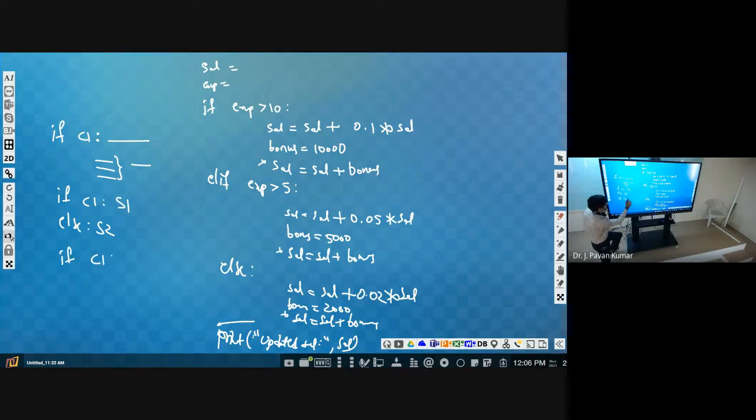If C1, S1 semicolon, then S2, then semicolon S3. Like this, three statements we are having, S1, S2, S3. For the last one, we need not use a semicolon. Next, else we can write the next statement. For else also we can use semicolon if we have more than one.